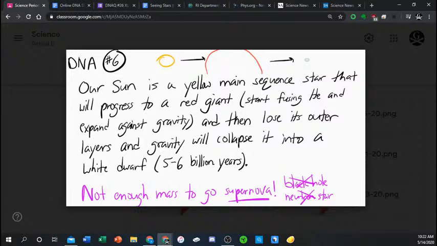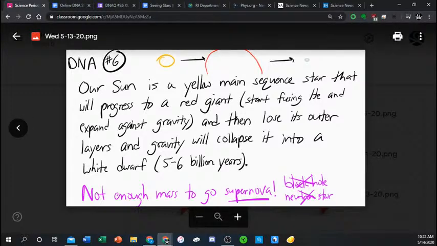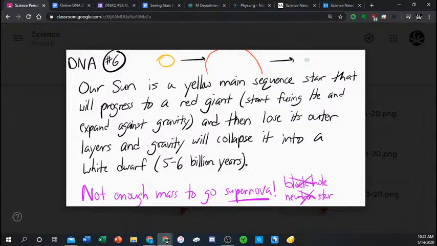Alright? I know it said the end of the star's life, but this is also part of the end because we're not there yet. Alright? There is not enough mass to go supernova. You need about 10 solar masses to go supernova. You need about 30 solar masses to go black hole. So stars that are 10 to 20 masses greater than the Sun will go supernova and end up as a neutron